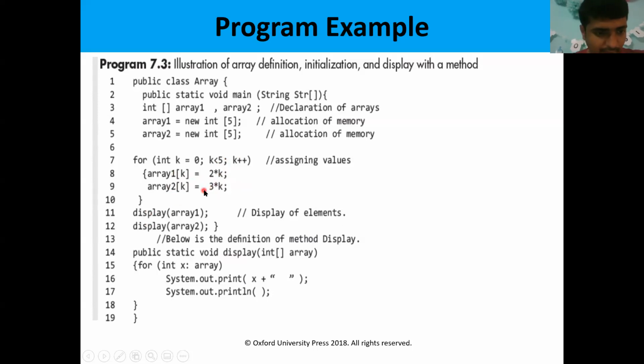So he is calling the display method for array 1 and array 2, and he is writing the code for method display. He's passing the parameter as an array. Generally we pass the parameters or arguments as variables, but here he's passing the parameter as array. Then he's displaying the array by using the for each loop. He's declaring the output as x of array, then displaying the x value. So by calling display, array 1 will be displayed. By calling display, array 2 will be displayed here.